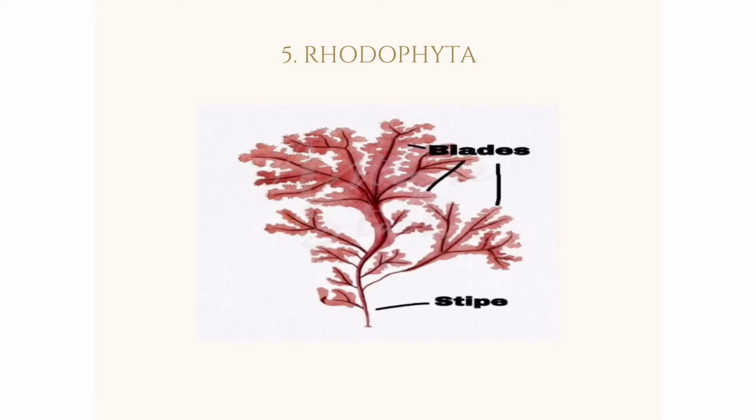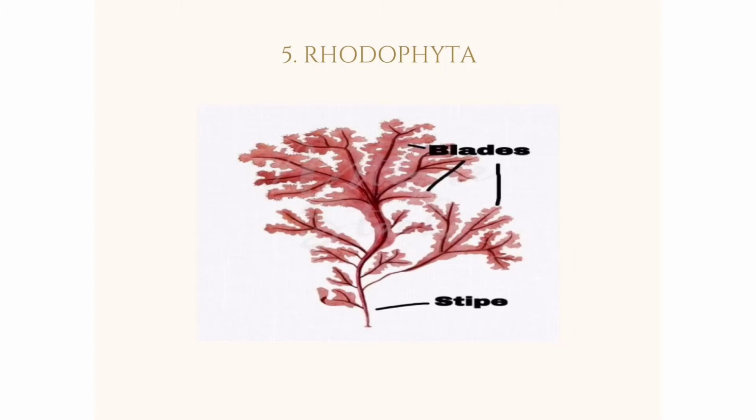The first distinct features of the red algae seaweed are the blades and the stipes, such as the ones in the brown algae seaweeds. The blades are the leaves, same as the leaves in the brown seaweed, and the stipe is also the stem. What makes it different from the brown seaweed is obviously the color, and